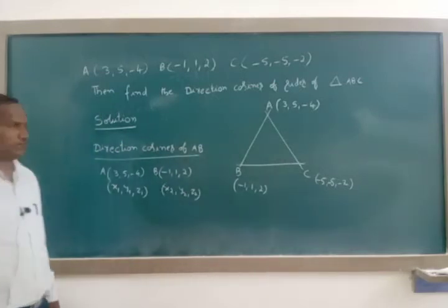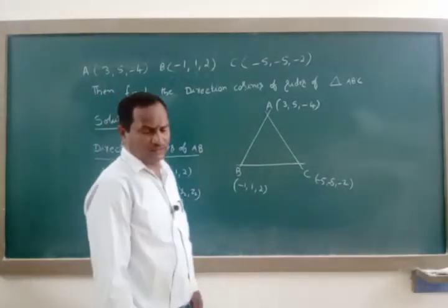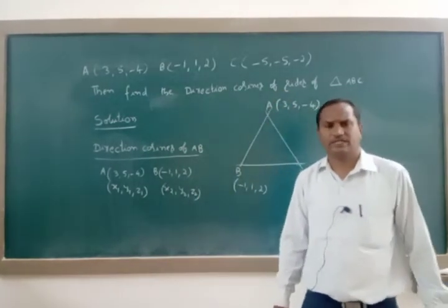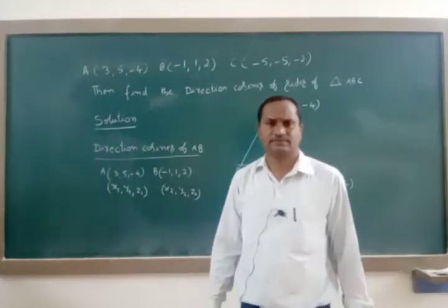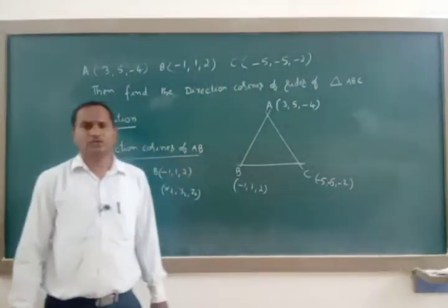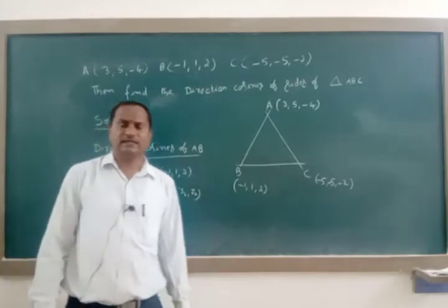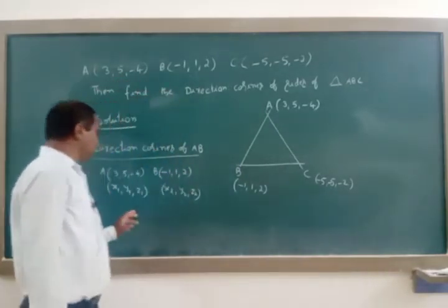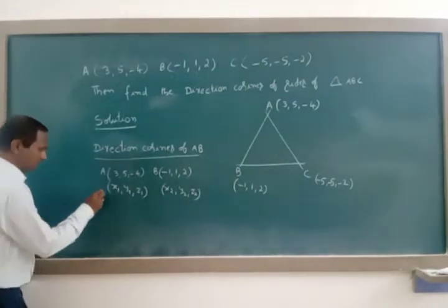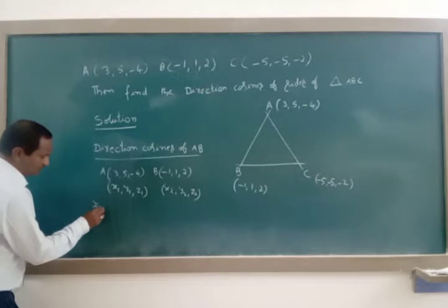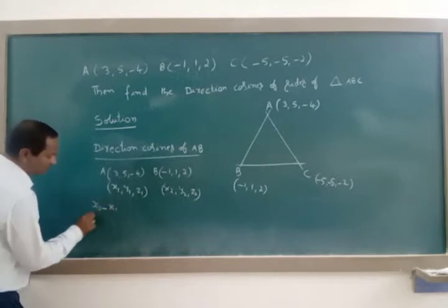Even for this, I told one condition. For a line segment joining the 2 points A (x1, y1, z1) and B (x2, y2, z2), I told one formula to find the direction cosines of the line segment AB. The direction cosines formula for a line segment joining 2 points is x2 minus x1 whole divided by AB,